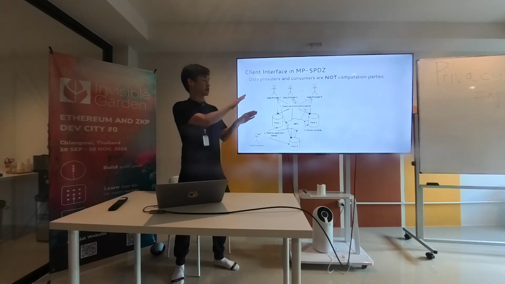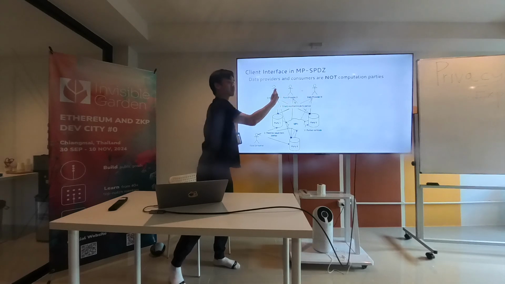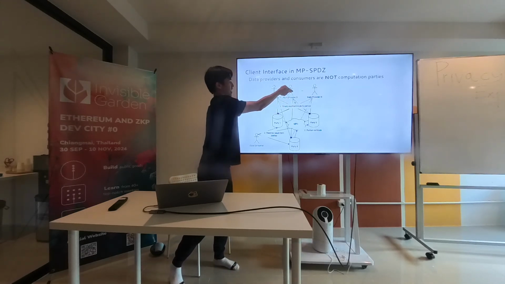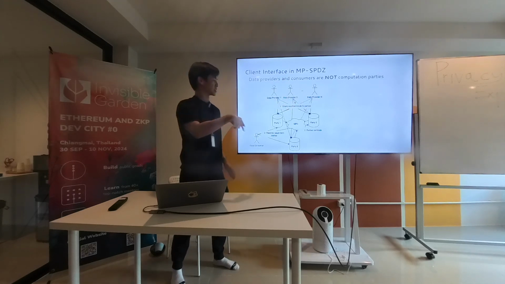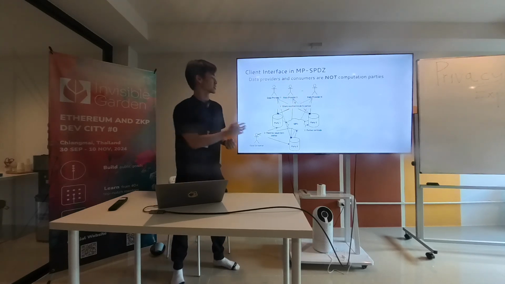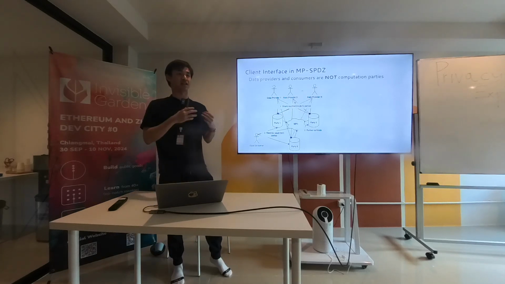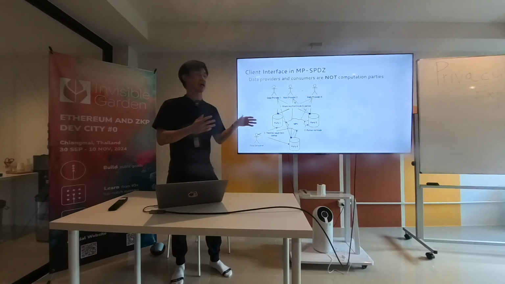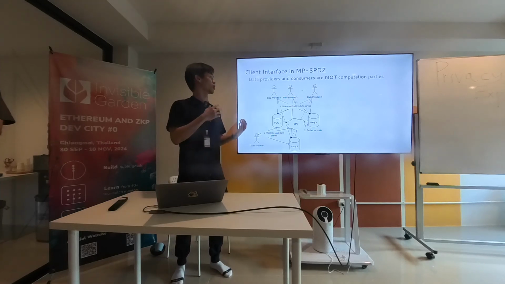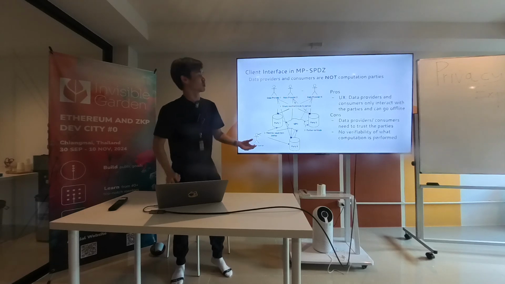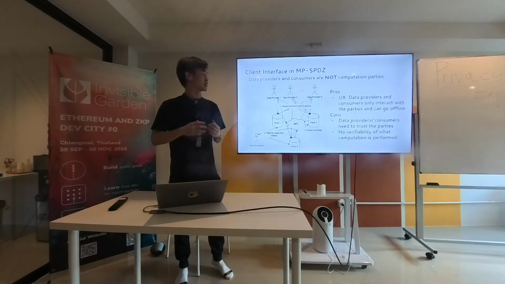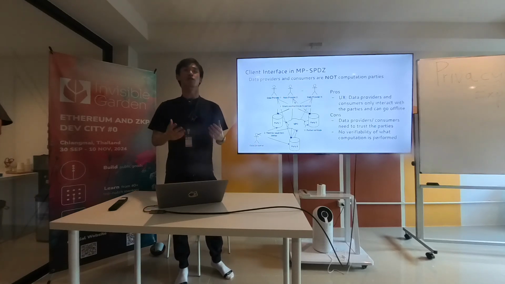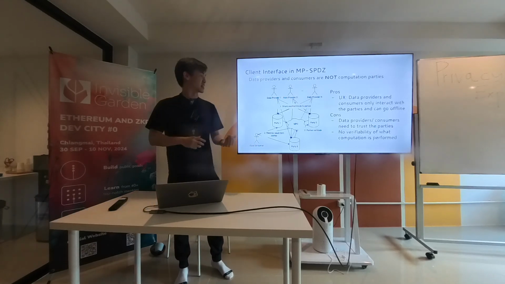So you see, these are separate things. On the data providing phase, they can just log in, provide data, and then log out. The data consumer does the same: log in, log out. The only thing required to be online all the time is the computation parties, which we can delegate to a trusted party, or to 3 different trusted parties. We don't require thousands of these guys to be online all the time and join the computation parties. That's what makes it beautiful: data providers and consumers only need to interact with the parties and then can go offline. So it's more practical and scalable when you really want to onboard private data into a use case.